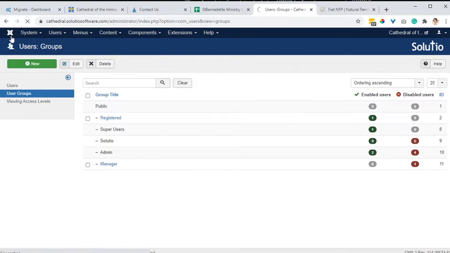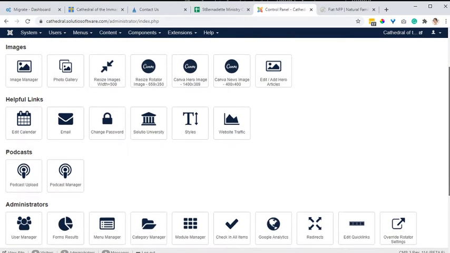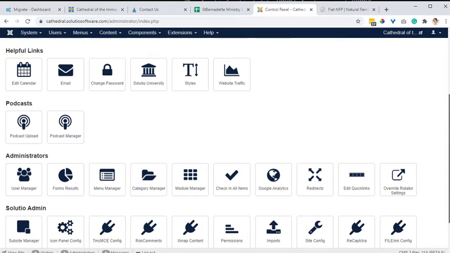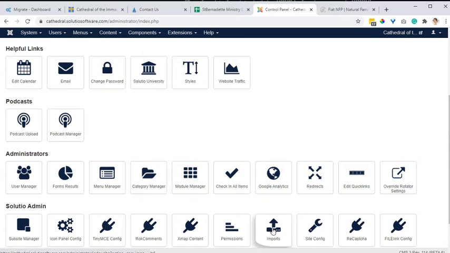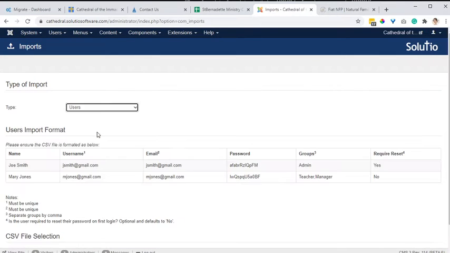And then in the back end, there's a spot for something called imports. If you don't have access to this, we might have to share access with you, but it's called imports. And then on this screen, we have the option to import users. Actually, yeah, users. I guess in the example I was mentally thinking of ahead of time, I was importing contacts, which